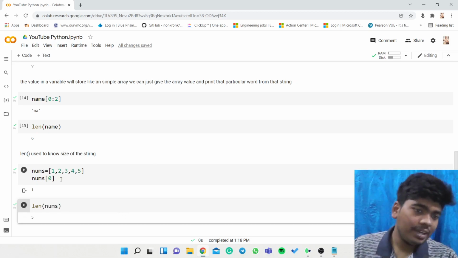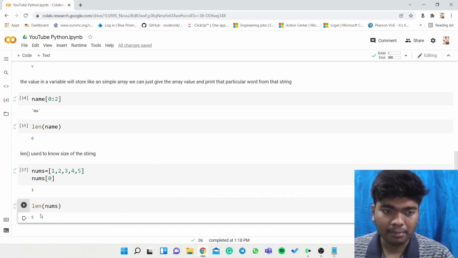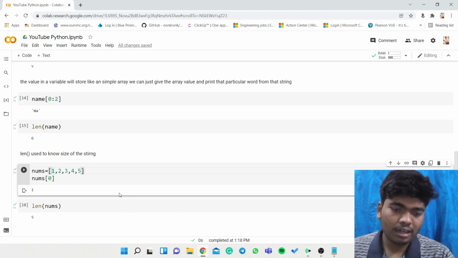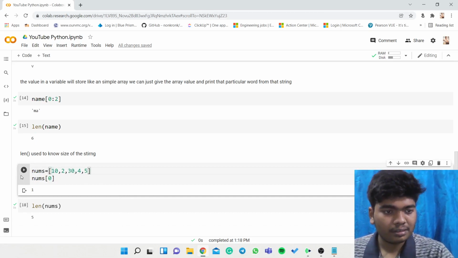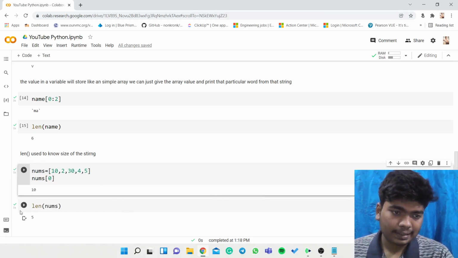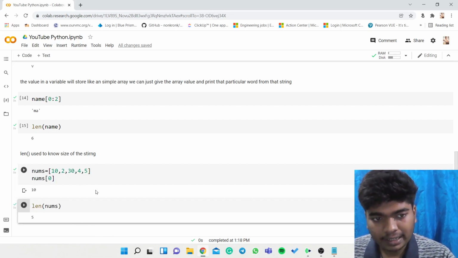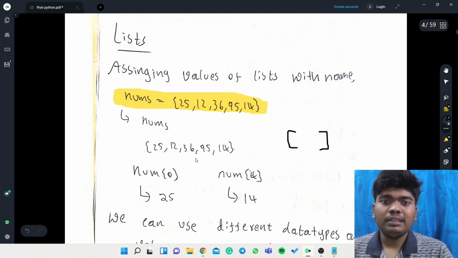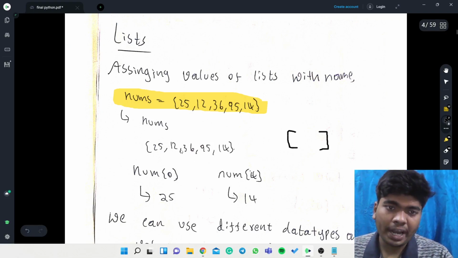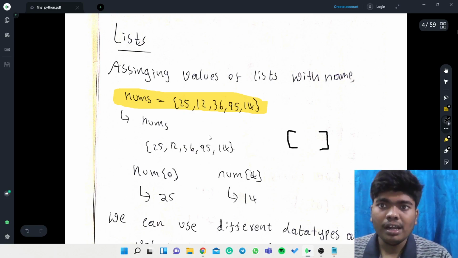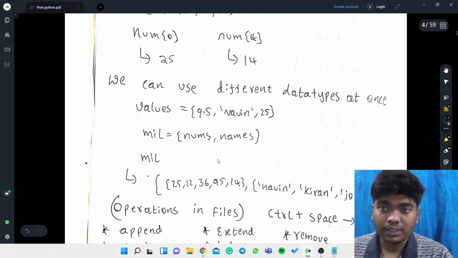Yeah. So here we can just see these are 5 individual numbers. So we will just try with this 2-digit number. And now we will just try to get the length. Even now we are getting it as a 5. As I had said before, these are 5 individual numbers. So 5 individual numbers are done in this list, whereas in a string it is considered as individual characters. So here the list is used for the purpose of integers.